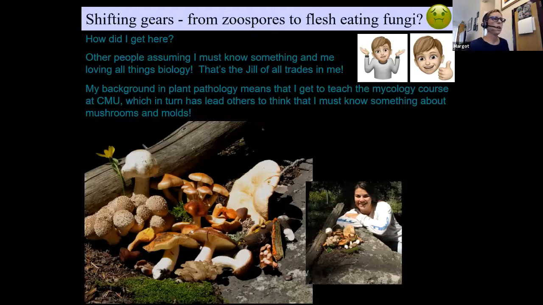Okay, so this class, though, is really the reason why I got into this current project. And that is because I had some students a few semesters ago that were taking mycology, and they were also interns out at what we call the body farm. And part of what students do in this class is grow molds just from around. And you can put a petri dish out and you can catch so many molds just from the air. But a few years ago,